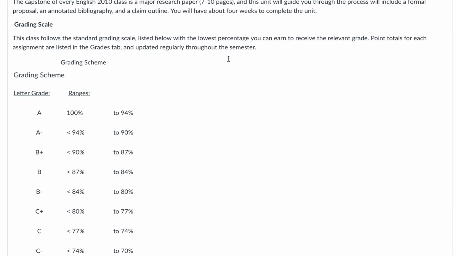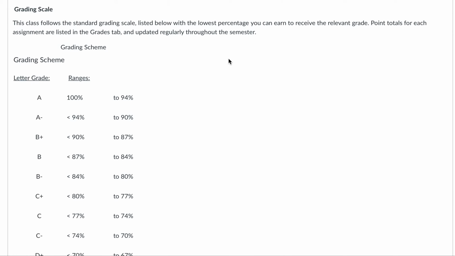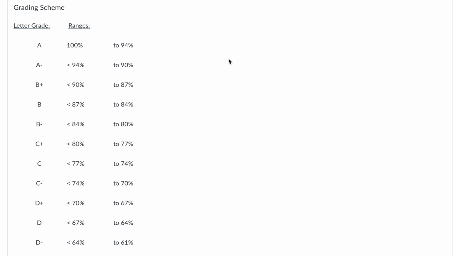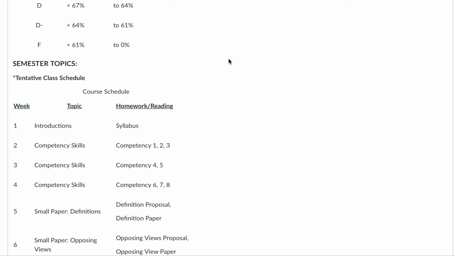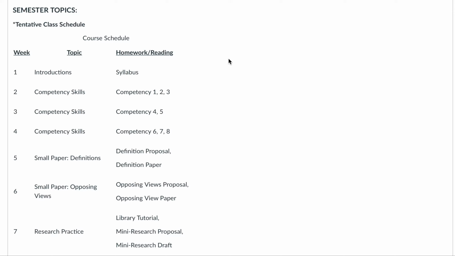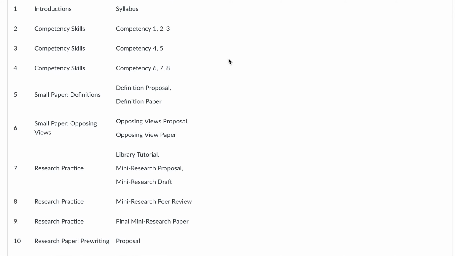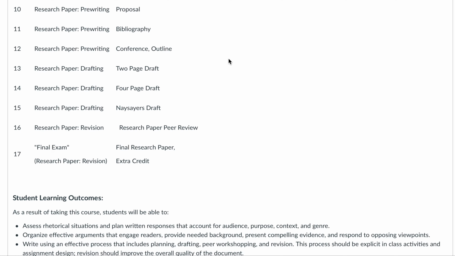I do use the standard grading scale for Snow College, which is to say the standard grading scale for most universities. If you get 100, you get an A. We do not have an A plus here at Snow College. Don't at me about that. I don't like it either, but we don't. But this is going to be the same as in most of your other courses, other than maybe the occasional statistics course or something like that. And then generally, here is how our semester is going to break down. I kind of covered that already, but this way you've got it all written down there as well.